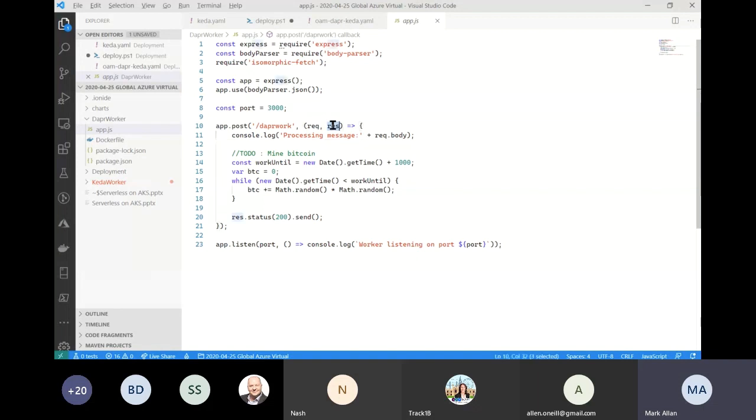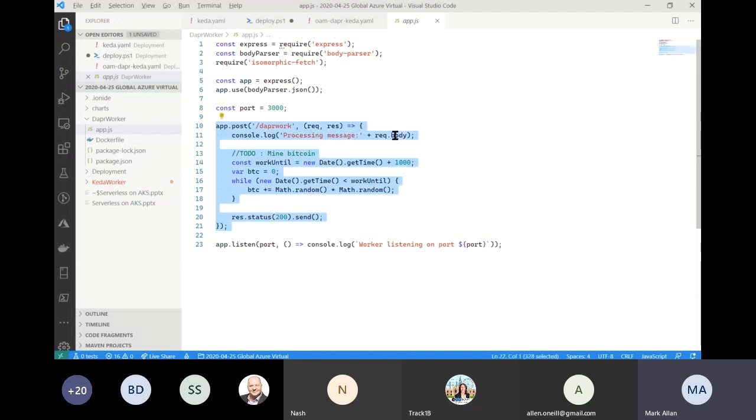And again here in our request, that request has been set to contain the message that came through from the service bus. In this case, it's going to be coming through in cloud events form. So that's sort of the industry standard format for events that happen in the cloud. So that will come through with the body of the message in there. And so it does exactly the same thing, returns an OK, and there's a tiny little bit more ceremony, but we've got the same basic thing going on.